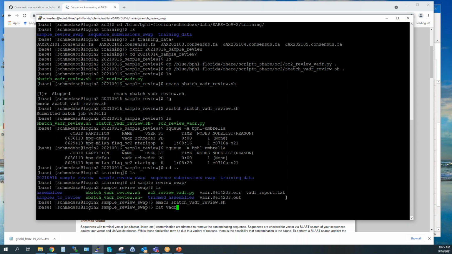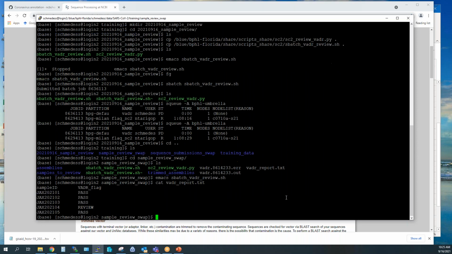So if you open it up, you can open this up in Excel. If you can transfer this to your local computer, it's just a tab separated file. You'll see that you have your sample ID and the Vader flag, whether it passed or reviewed. So basically you can use this information to now batch your samples for which ones you're going to submit, because